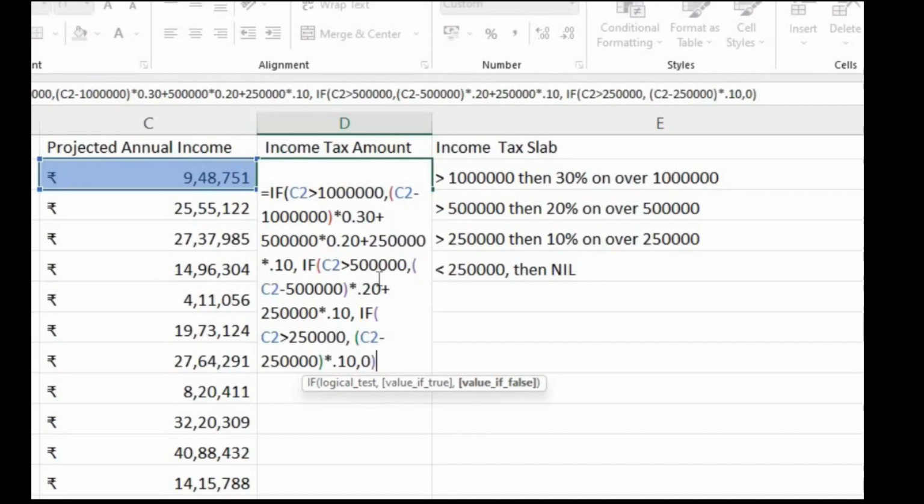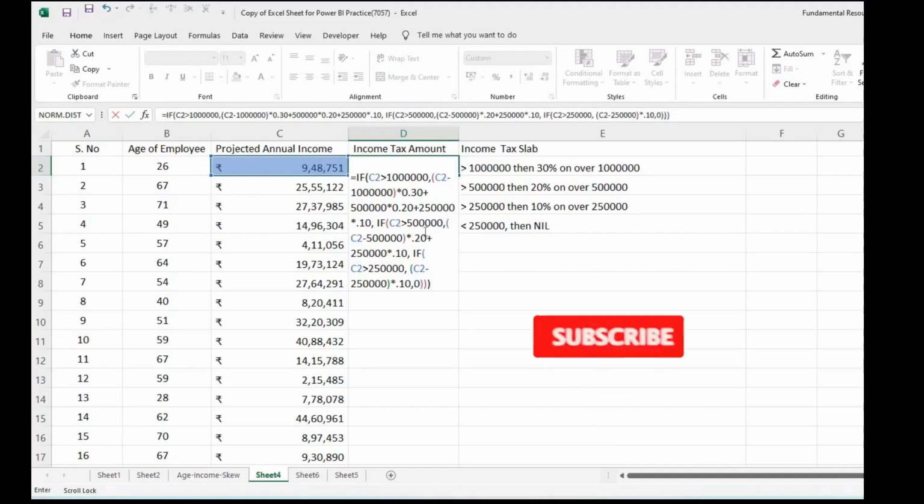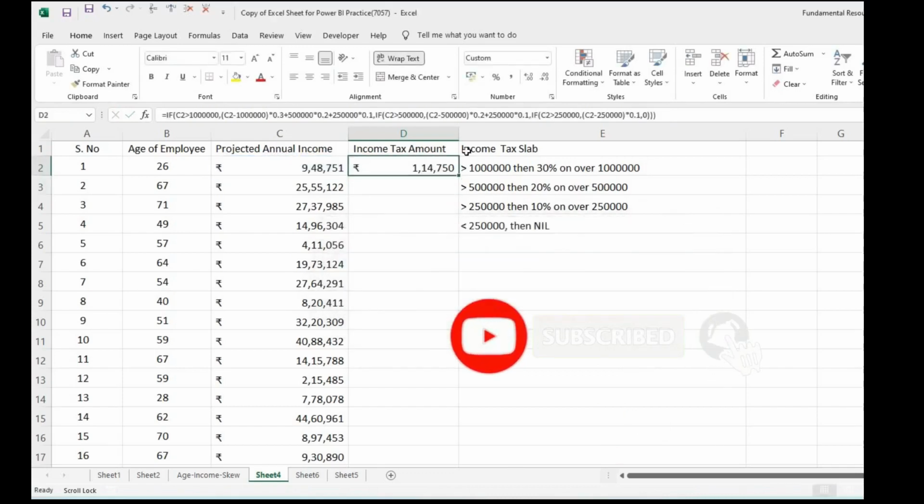But since we have to compute the value for the entire column, I will put it as a mathematical value. Let Excel choose what value it wants to return, and I will close the bracket and press enter. There was some error related to the number of brackets, and Excel automatically corrected it by putting one more bracket on the right side and calculated the value. So this is the way it calculates the value.